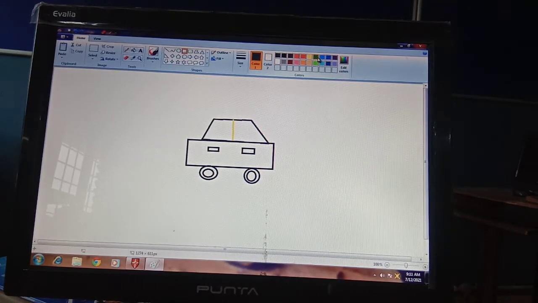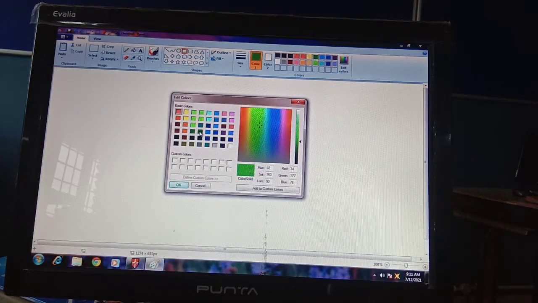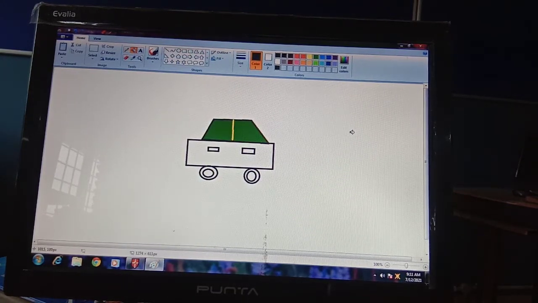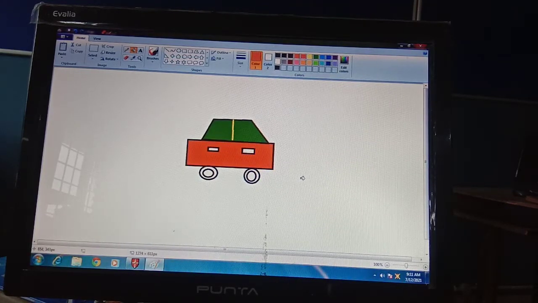Let's use the green color, or I want a more dark green color, so I won't use this. Okay, so fill with color option. So see, the color is filled. I want a red color to be filled here, and the blue color in this.